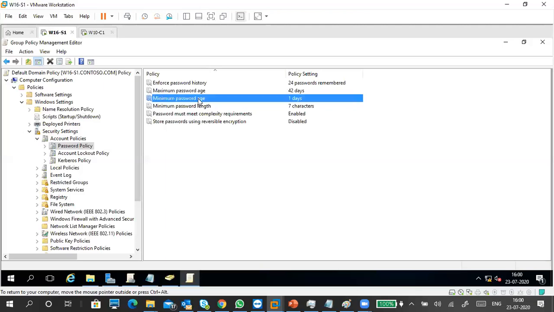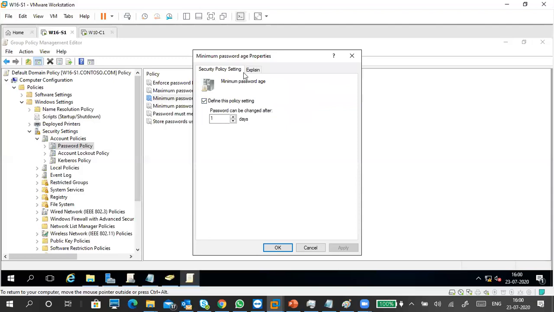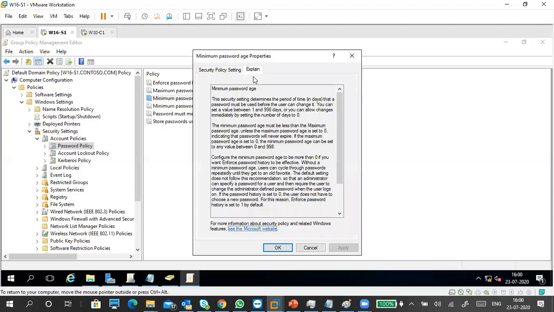I don't know is the best answer for their mark. So for those people, at least give 1 day. Don't change within 1 day. If you double click, if you want to change, you can change it, or if you want an explanation, you can read it.